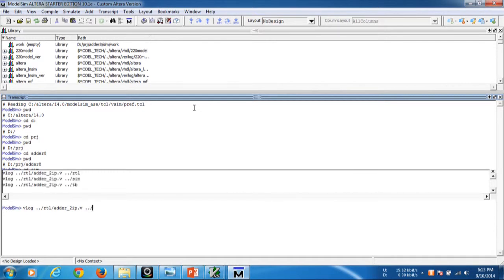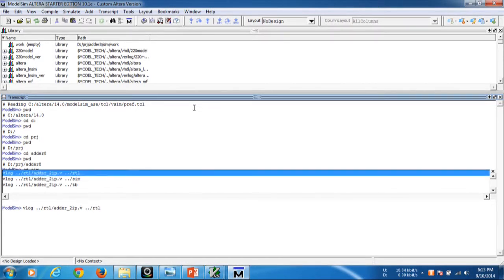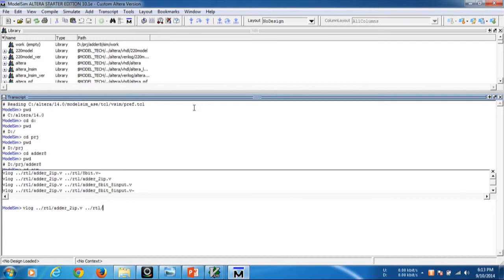Again you have to come back from the RTL folder and move to the RTL folder slash.